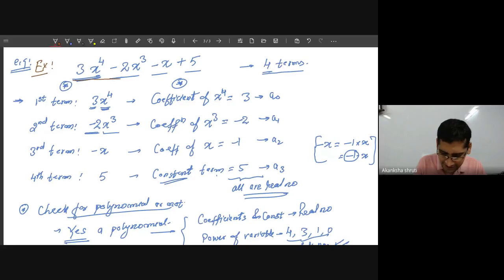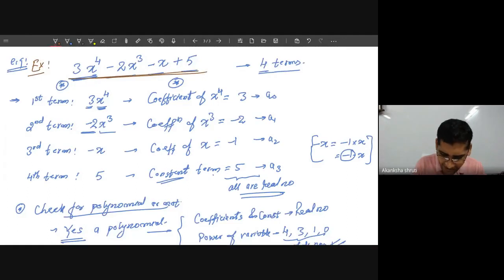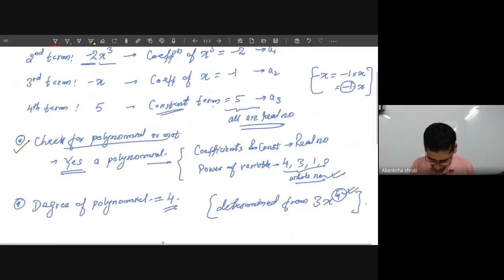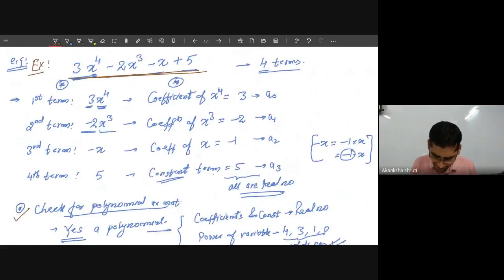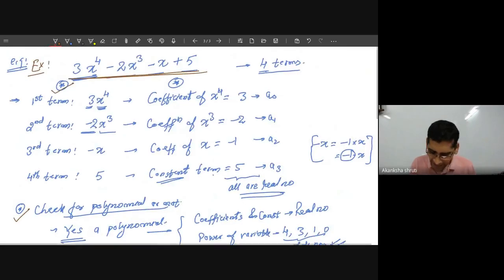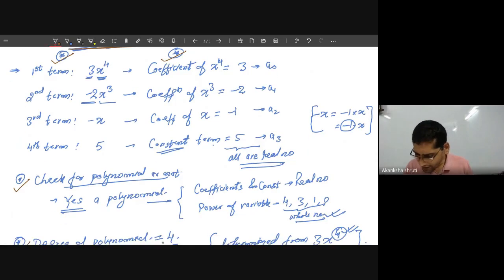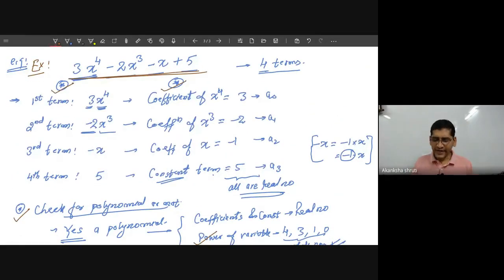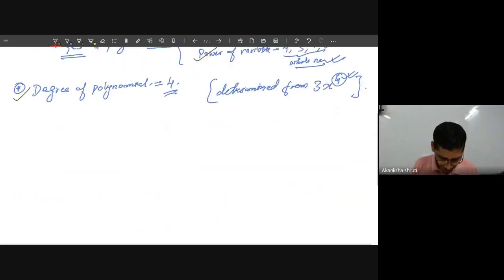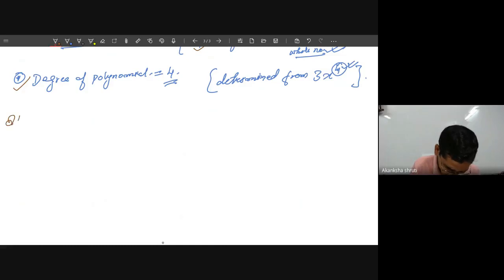So this way, for any mathematical expression, this was the mathematical expression that I had taken, and I had identified whether it is a polynomial or not. I have found out the degree of this. I have written all the terms of this. I have written the coefficient of each term. I have also written the power of the variables. So this is how to identify. Student, our definition was the general definition, but for identification, what we have to watch is these 4 things. So student, based on this, please do this question. Write this question.